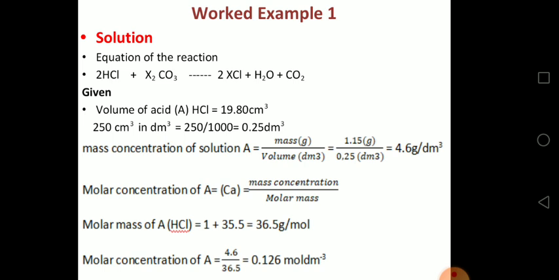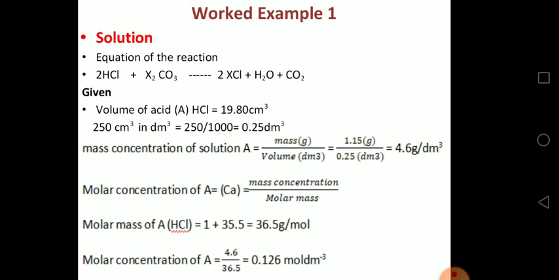Here we can calculate the mass concentration of solution A. Mass concentration of solution A is mass in gram over volume in dm3. So by the time we calculate this, we get the mass concentration of solution A to be 4.6 gram per dm3. Of course, we can now determine the molar concentration of solution A, which is given as mass concentration